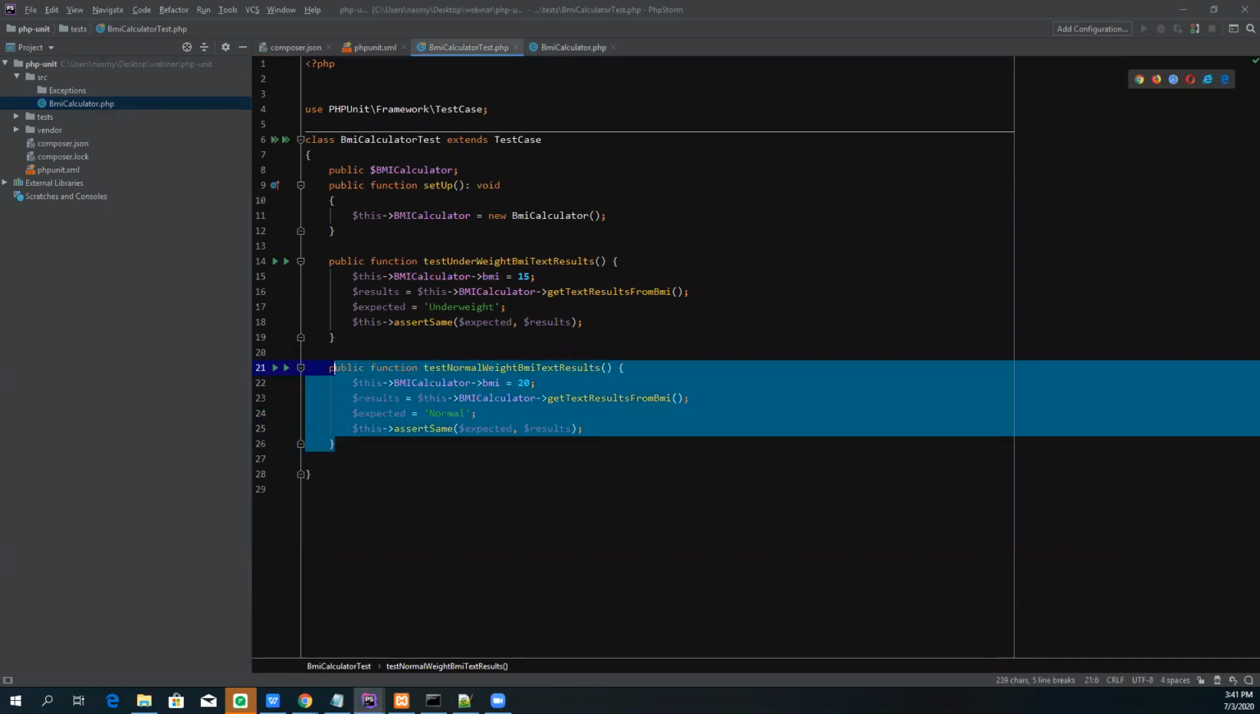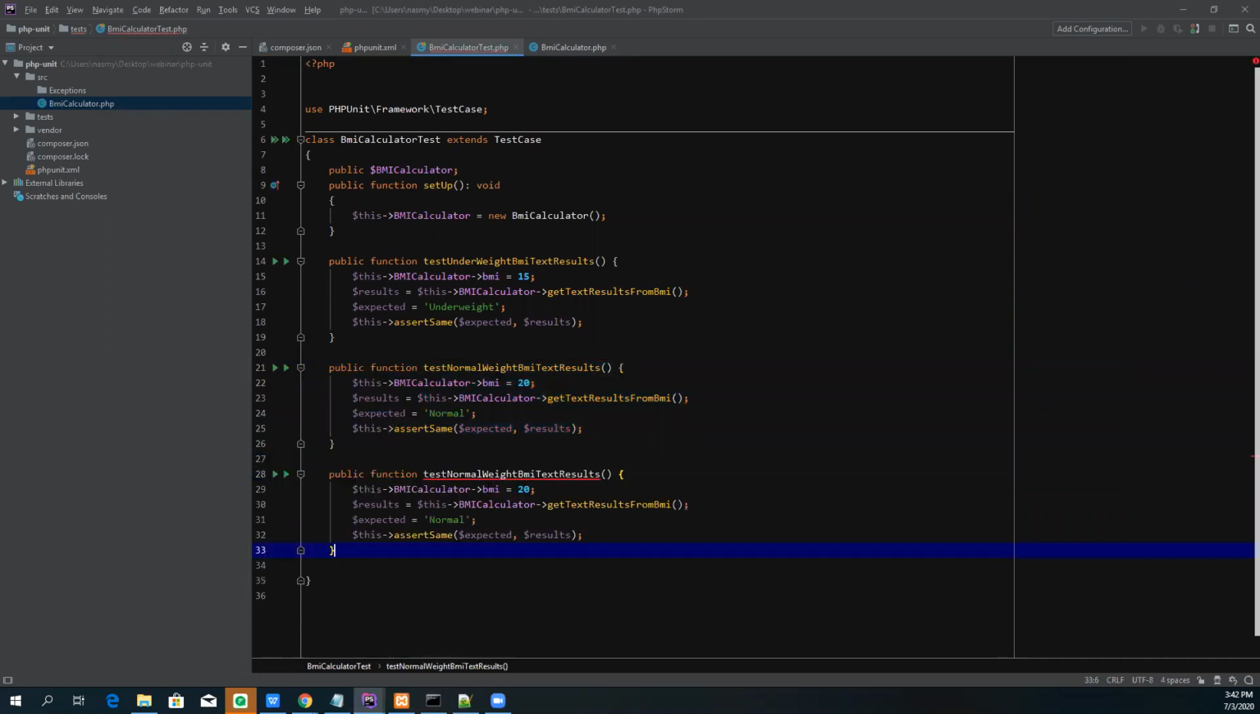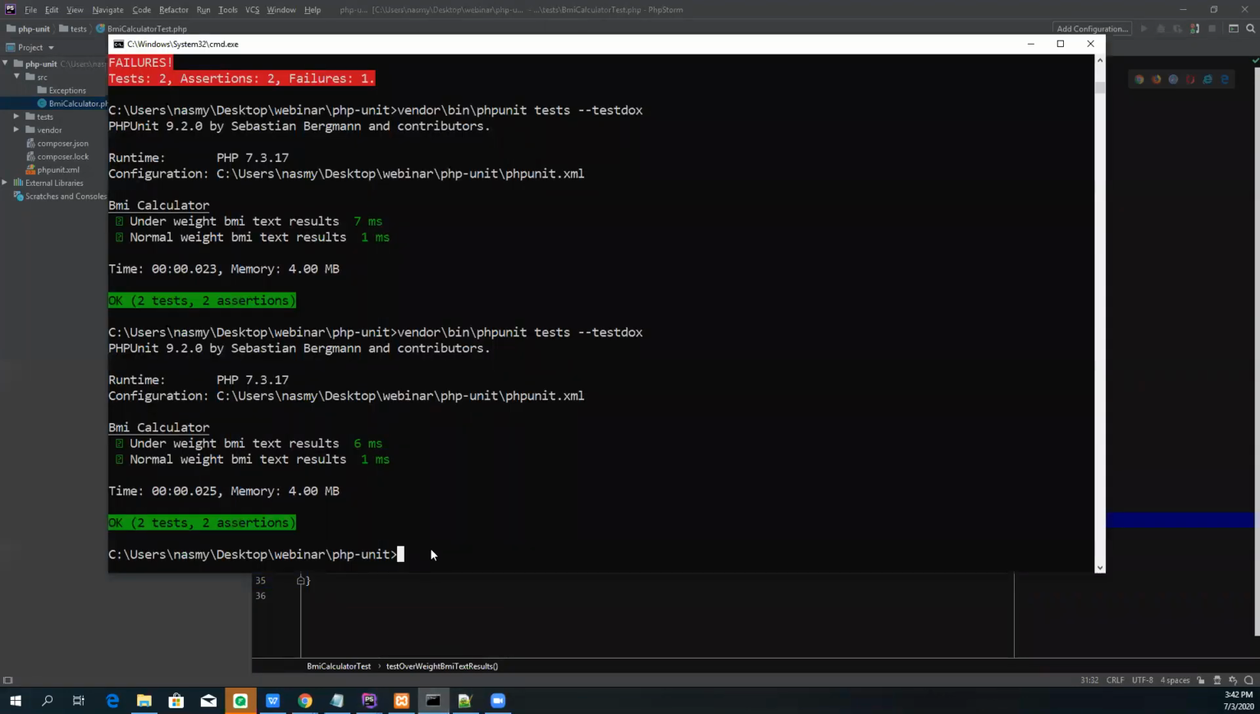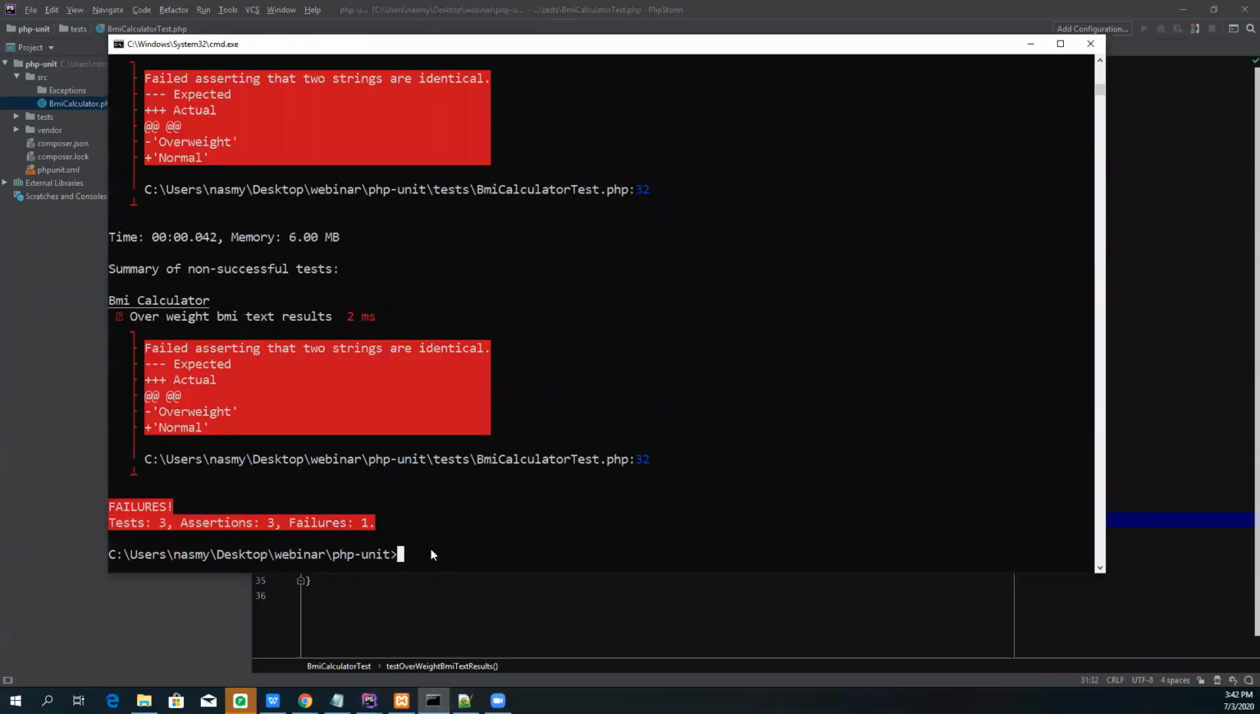It is overweight, so I will copy the code here. Overweight BMI text resource. I am expecting overweight, but I am returning the null value. So let's see what happens. It is failing. So actually it is overweight, but